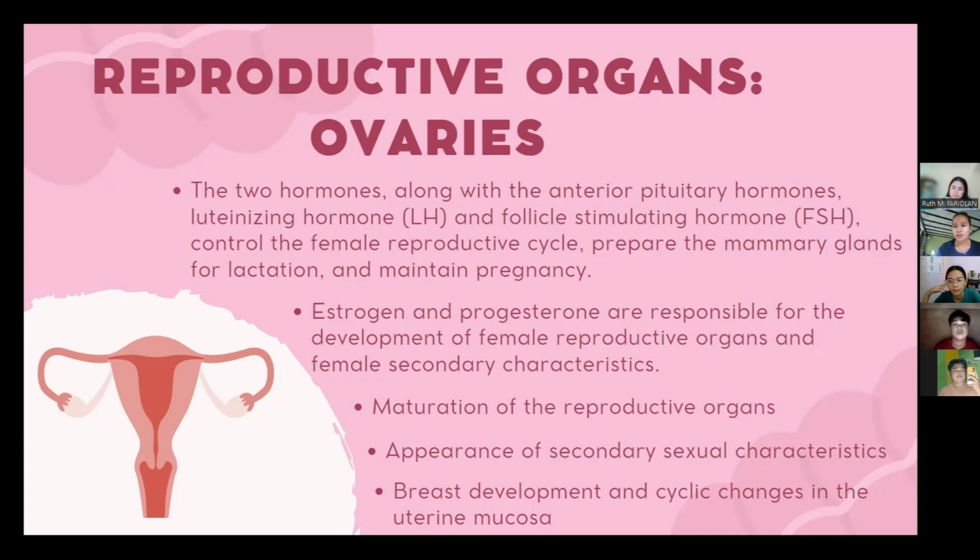the uterine mucosa. And for estrogen, it is responsible for the development and maintenance of female reproductive tissues and secondary sexual characteristics and plays a role in bone health and the regulation of the menstrual cycle, while progesterone, produced mainly in the ovaries, helps prepare the uterus for a fertilized egg and supports early pregnancy. Together, estrogen and progesterone regulate the menstrual cycle and contribute to various aspects of female reproductive health.